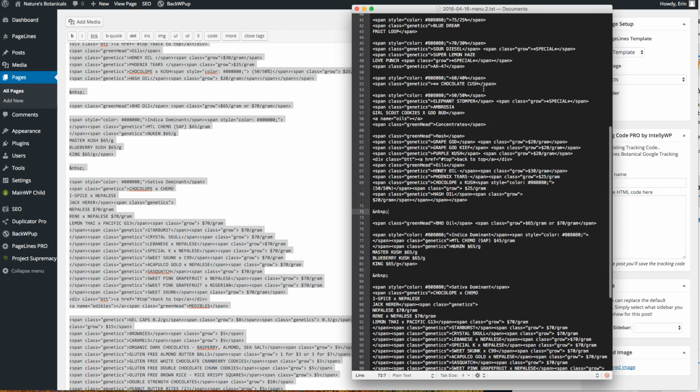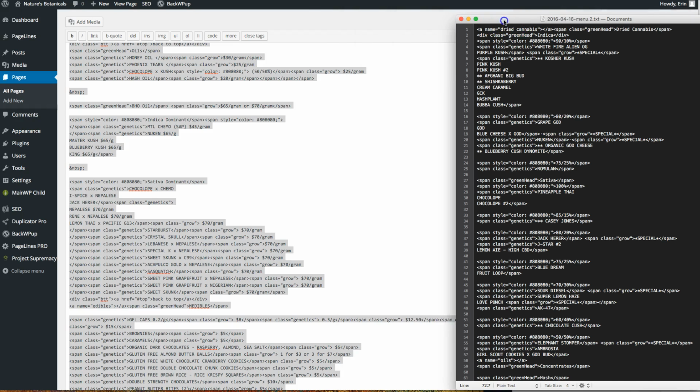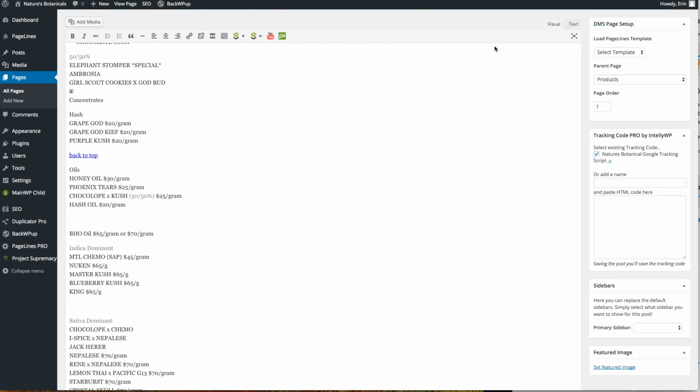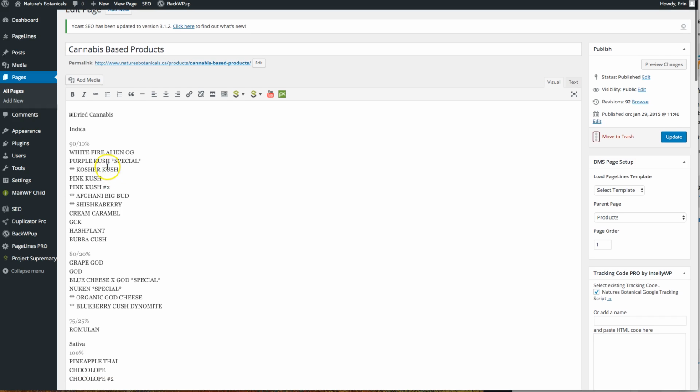So now I can change this without it affecting the backup of the one that's currently on the site. So if we go back to the site and we look at the visual, so let's say you wanted to add, well, I know apparently I've misspelled Kush a number of times when doing this. So there's kosher Kush, and there's pink Kush, and there's all kinds of different Kushes. So what I would do